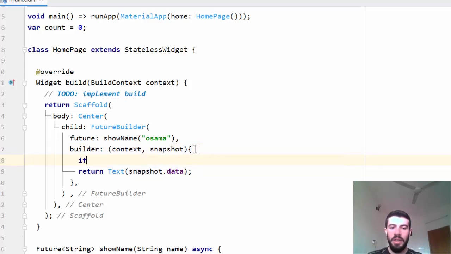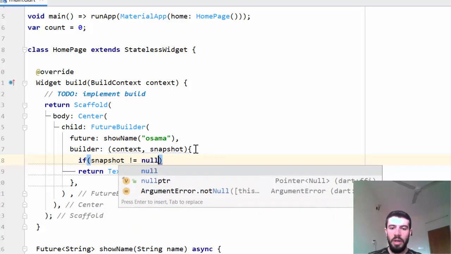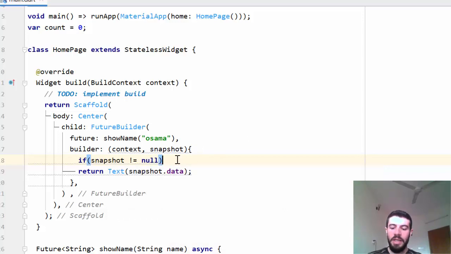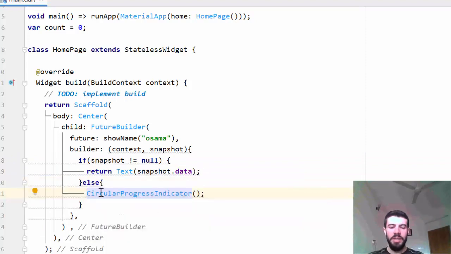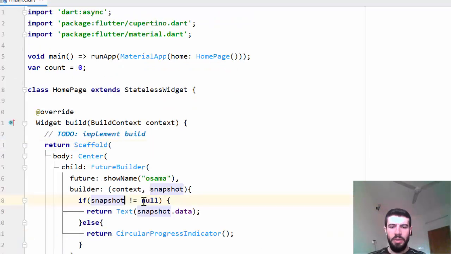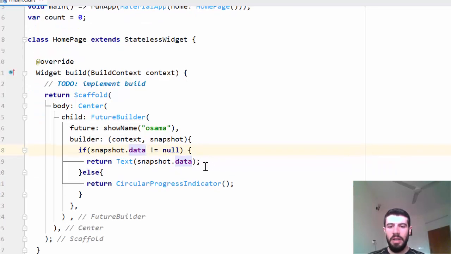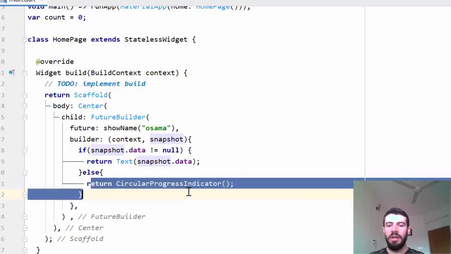So I can say here if snapshot not equal null. If it is not null, if there is data in the snapshot, I want to return this. Else just return the circular progress indicator. Here, sorry, just snapshot.data, because I will check whether the data is null or not. And then if it is not null, I will just return the data from the future, or just circular progress